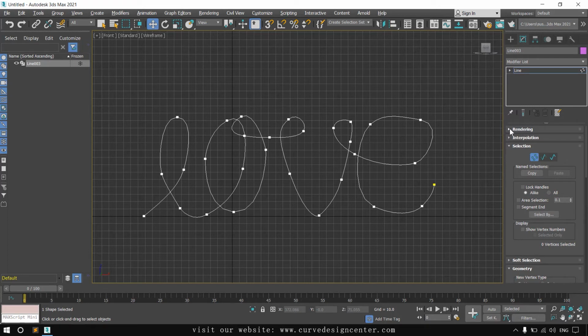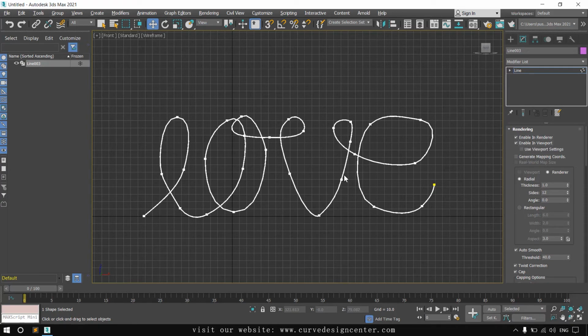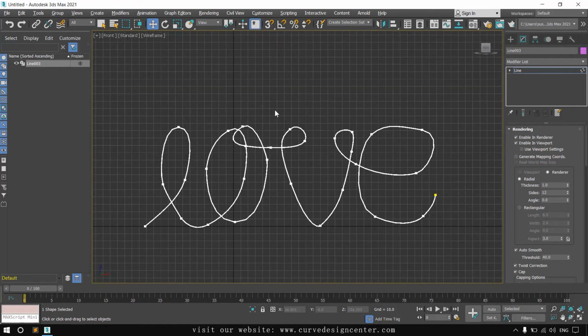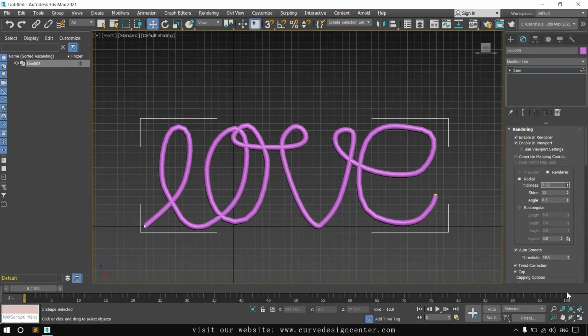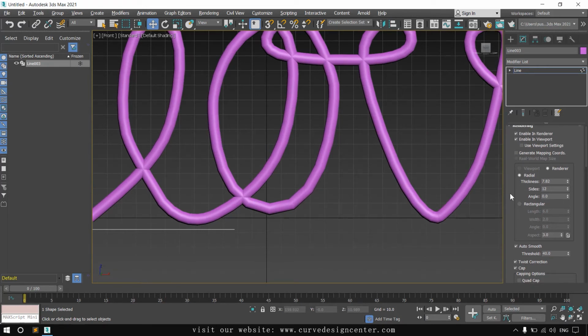If you want to provide some thickness to these splines, go to the rendering section, expand this and enable these two options, enable in viewport and enable in render. So it looks a little bit thick. Press F4 for shading and increase the radial thickness. If the shape is not smooth, you can increase the interpolation value.